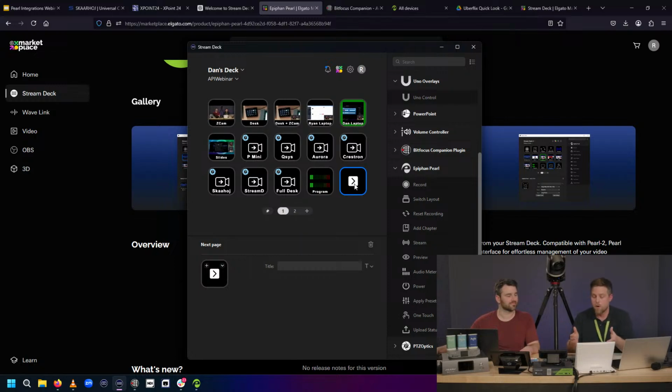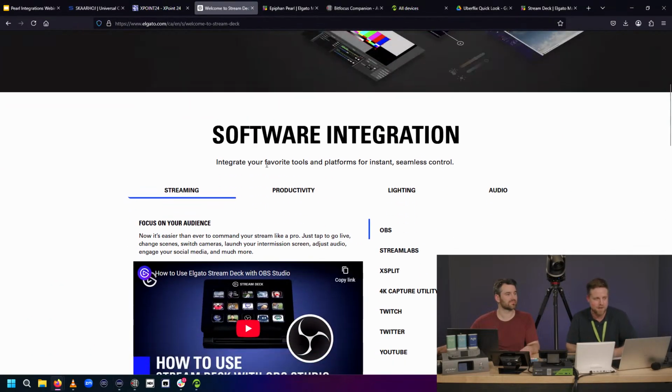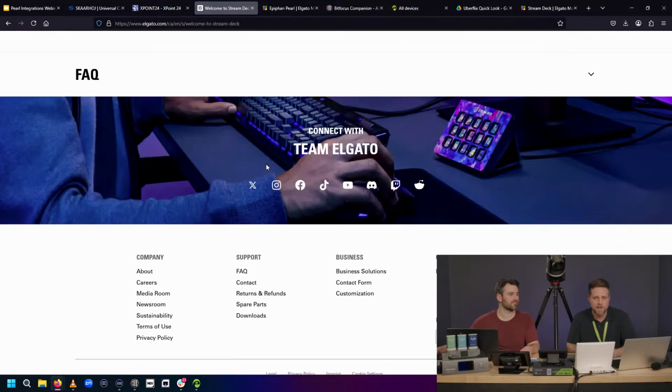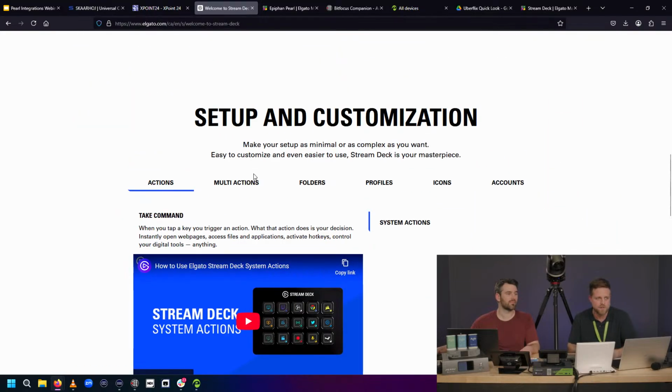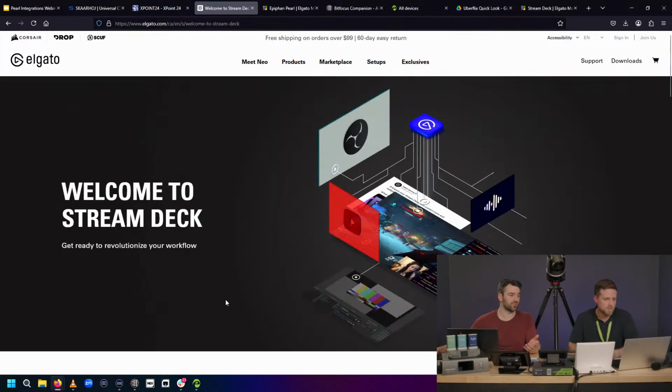We're controlling one Pearl here, but if you had multiple Pearls, maybe you're recording a conference or doing some breakout rooms, you could map multiple Pearls into your Stream Deck. You've seen those Stream Decks that have a huge amount of buttons as well. We've got the 12 button here, but there are all different scales of Stream Deck, and we see these a lot in live events, maybe in small studios, anywhere a user wants to intuitively control their Pearls. It's going to be a great solution. And adding multiple Pearl devices into the Stream Deck is really easy.